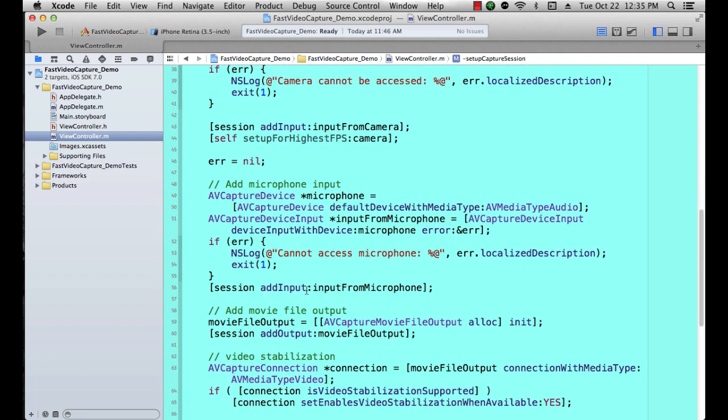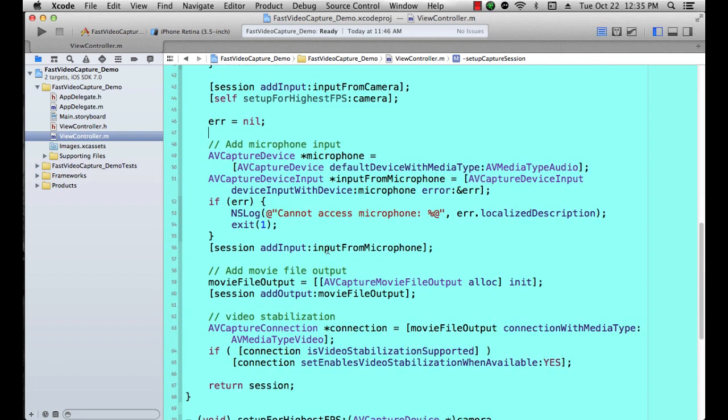Now we add the microphone to our session. Now we're going to get the movie file output, which is the AVCaptureMovieFileOutput. We allocate that and init it, and then we add that movie file output to our session. Now we're almost done. We want to make sure that we enable video stabilization, so we get the connection, which